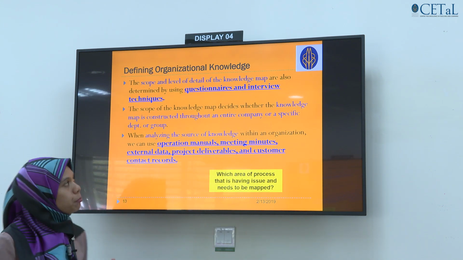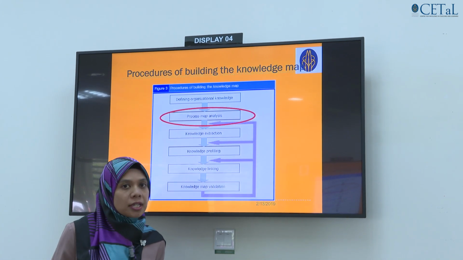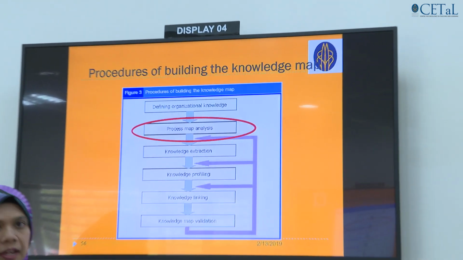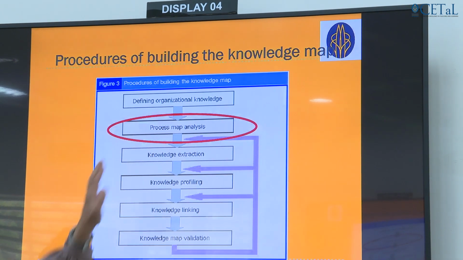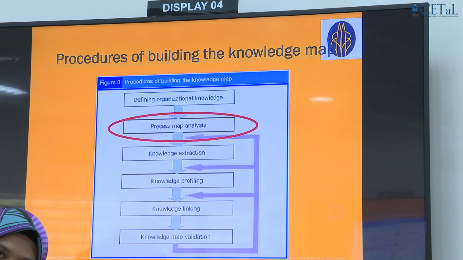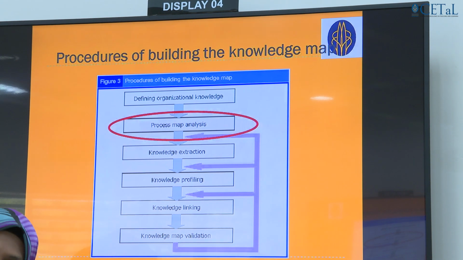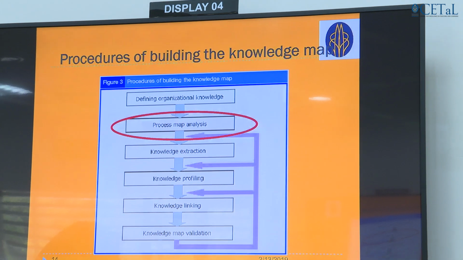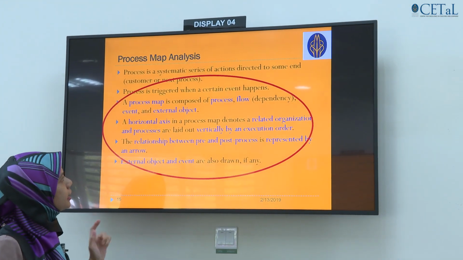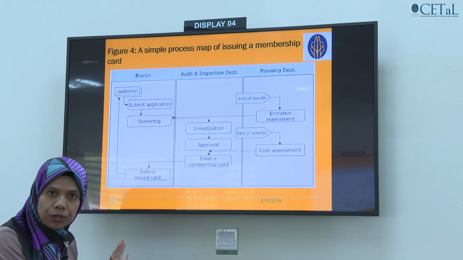The next step would be you have to draw the process map. How can you draw a process map? There are many ways, while you can draw a flow chart. That's a simple example of how you develop a process map. Therefore, by understanding the knowledge, the problems, or the issues, or the standard operating procedures, you then draw the next step through process mapping. This is where you can draw the flow, and this is an example of it after